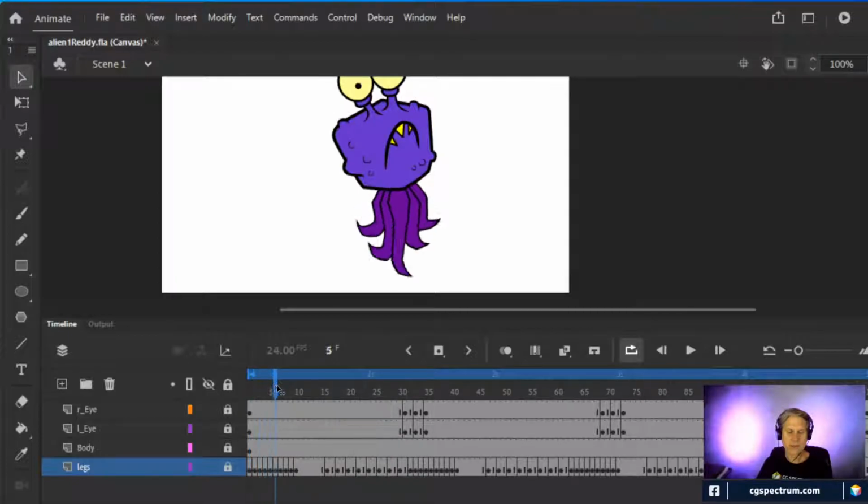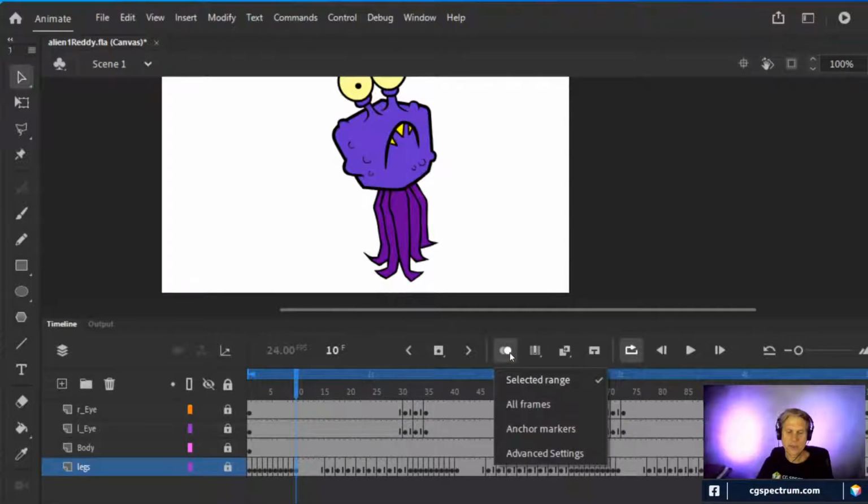And I only had to do the part where they go down. From the part where they started until they went down. So first frame and then last frame, and then I just had to do in-betweens. And that's just turning on the onion skin and looking at the in-betweens that way.